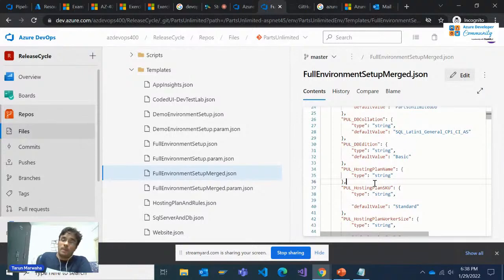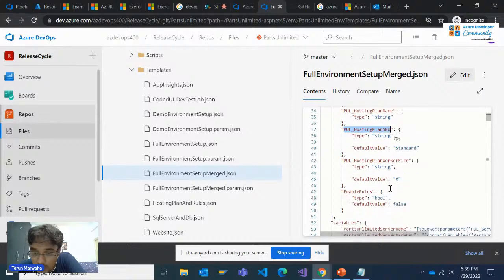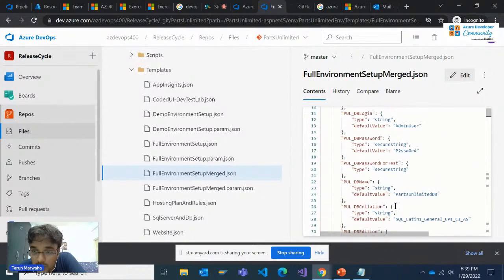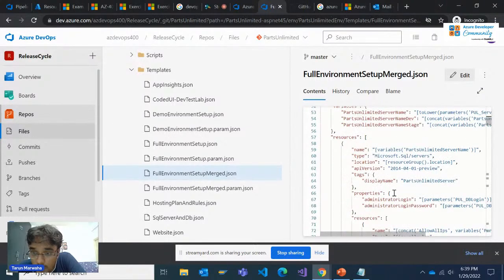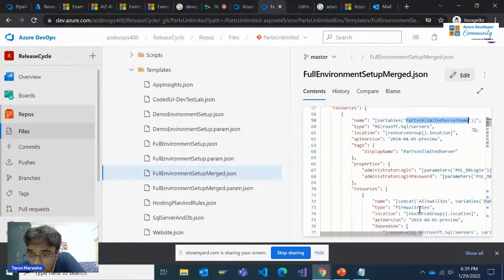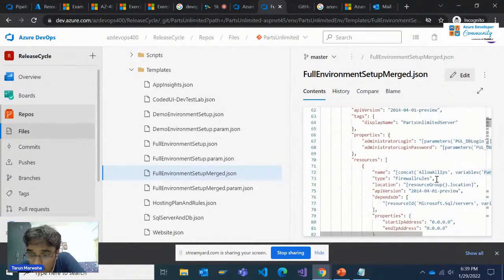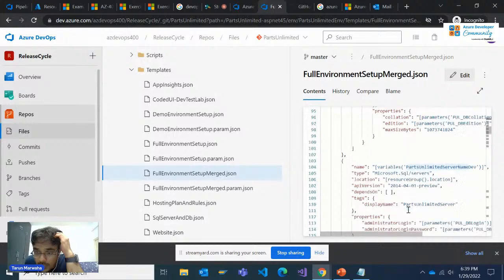Every web app will have its hosting plan, right? That SKU will come to the parameter file. We'll explain what that is. So hosting plan worker size, enable rules. You see Azure SQL, one website would be deployed, and apart from that, resources would be the SQL Server name, SQL username and password, and firewall rules for the SQL Server. It will be updated, and then we have